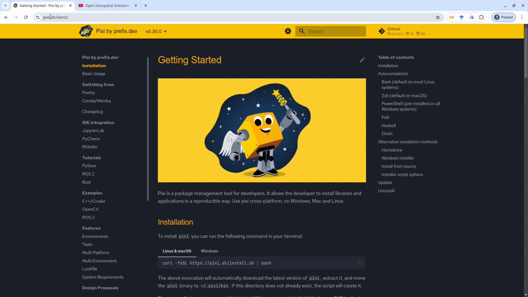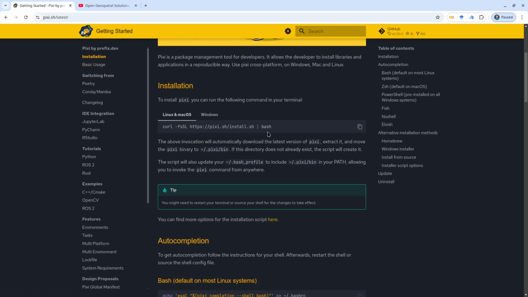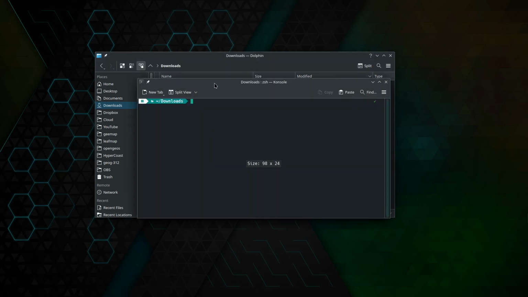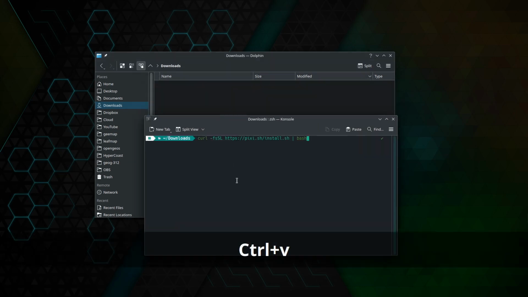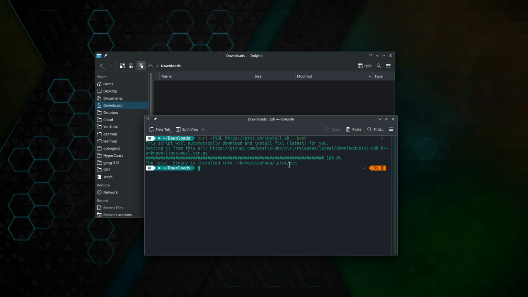So go to pixi.sh on the website. If you have never used it before, you will need to install that on your computer. All you need to do is follow the instructions, either on Linux, Mac, or Windows. For example, I'm on a Linux computer, so I can just copy this command line, and then open your terminal on your computer. After that, just paste the command line and hit enter. It will go to GitHub to download this tiny package, and then install it to your